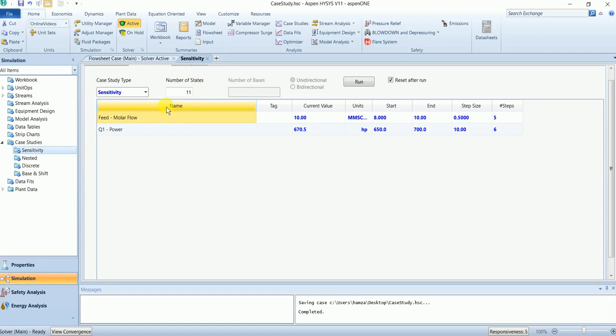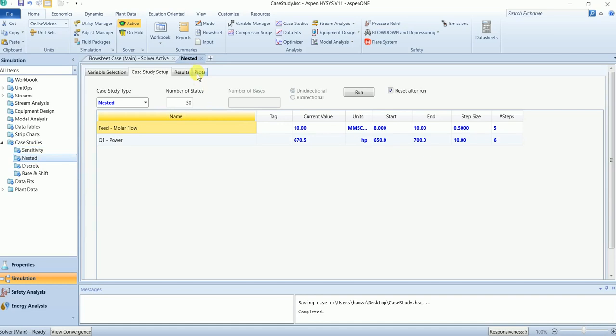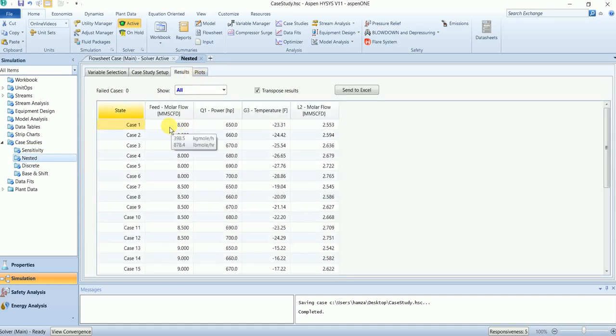The sensitivity analysis varies one parameter at a time. It takes the value of power, which is the current value 670, and varies the molar flow. And it fixes the molar flow at the current value and varies the power. While in nested analysis, it studies all the possible pairs of the variables. It fixes the value at 8 and changes the value of power.